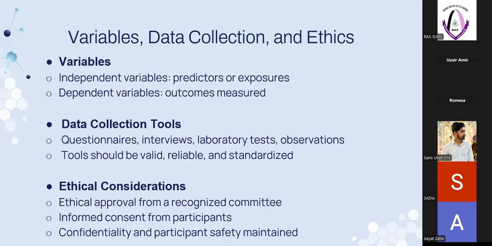In simpler words, we can say confounding variables are the hidden variables. So whenever we are critically analyzing an article, in the methodology section, we need to understand all the variables mentioned. Has the researcher mentioned both the independent variables and dependent variables? Because if he hasn't, then surely this data would be flawed somewhere. Now, apart from that, we have data collection tools.